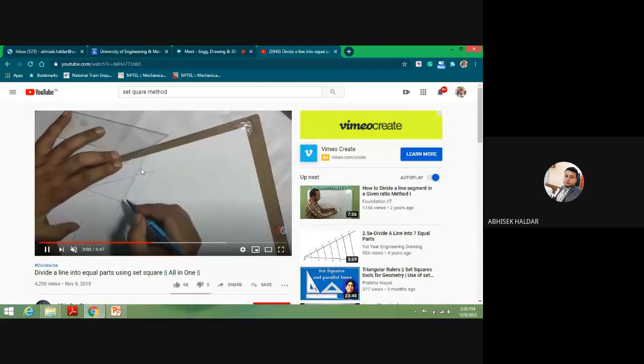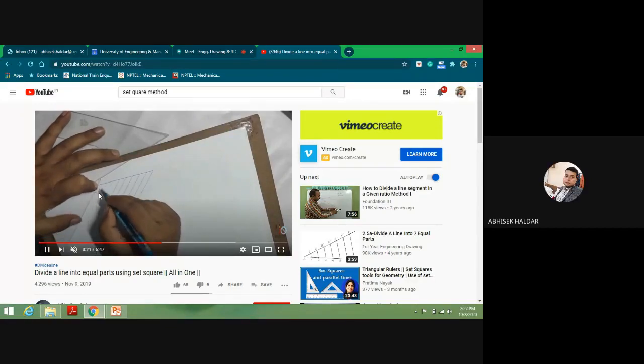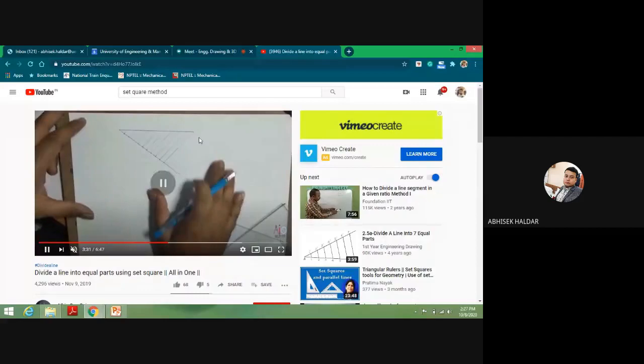Only this set square is sliding, you see, this one is not moving. On each of the arc points that I have taken earlier, I am drawing lines which are automatically getting parallel, isn't it? Yes, sir. You see, at the end, up to the last arc point, this is the first arc point. Now you just remove. Now see, in how many parts has it been divided? 1, 2, 3, 4, 5, 6, 7, 8, 9, and 10. This line has been divided into 10 equal parts with the help of set squares.